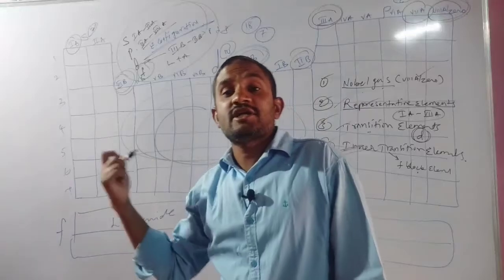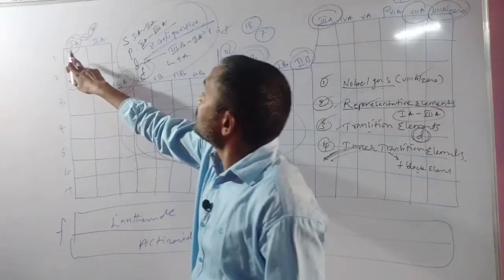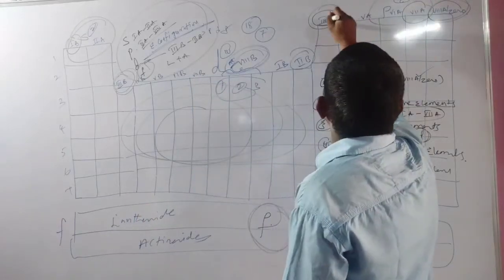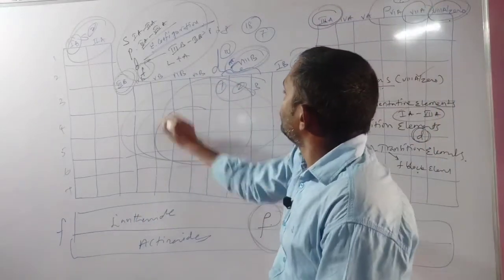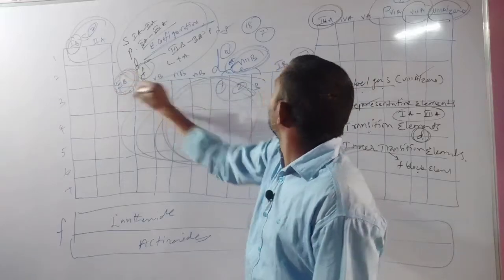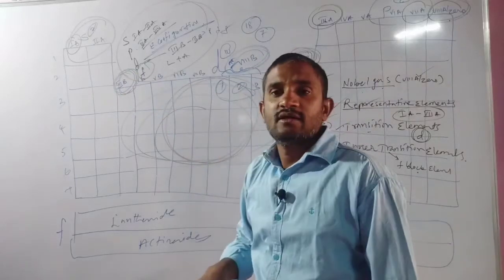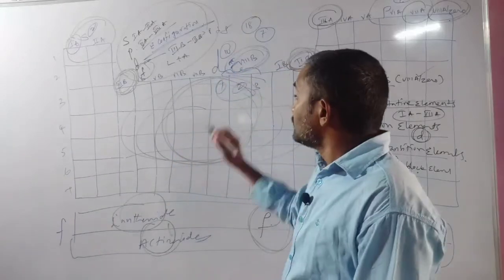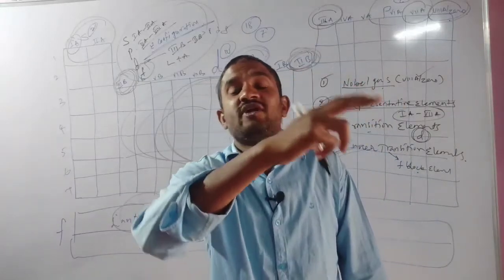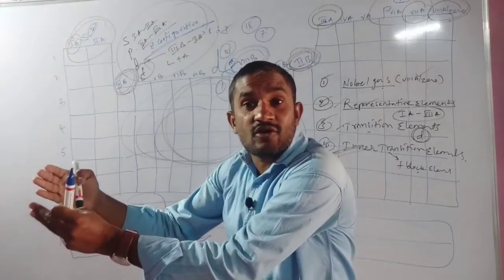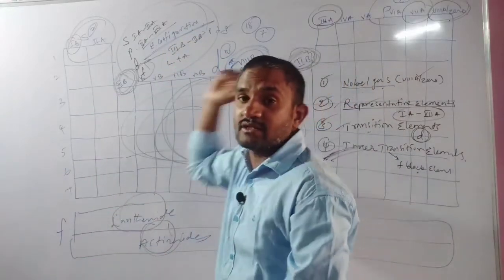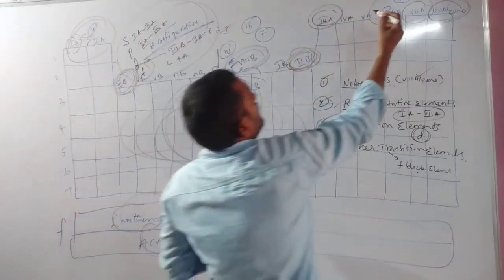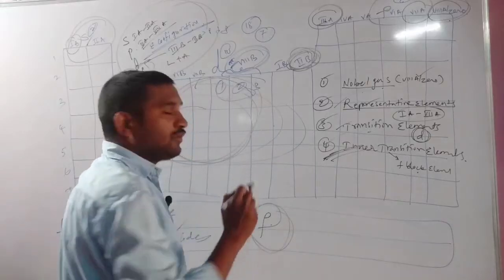In this way also there is a chance to ask the question. First A and second A belong to S block. Just we discussed, third A to 8th A is P block. D block is third B to second B. F block is lanthanoids plus actinoids. These are the 2 types of classification on the basis of electronic configuration. On the basis of the differentiating electrons, 4 blocks are there: S, P, D, F blocks.